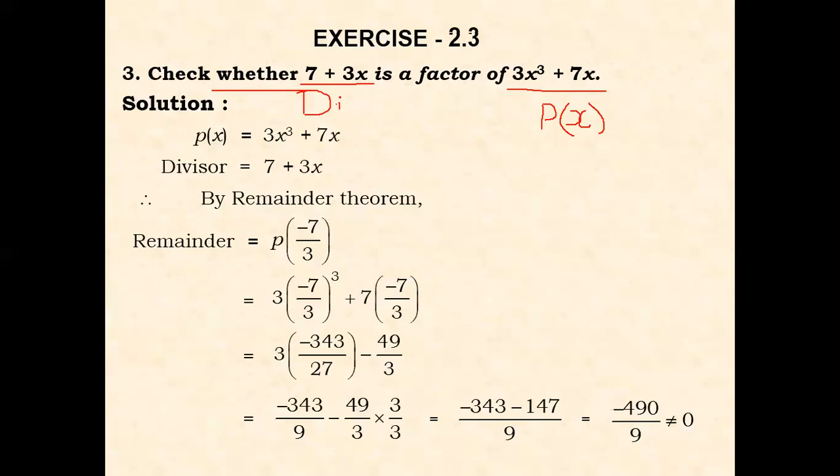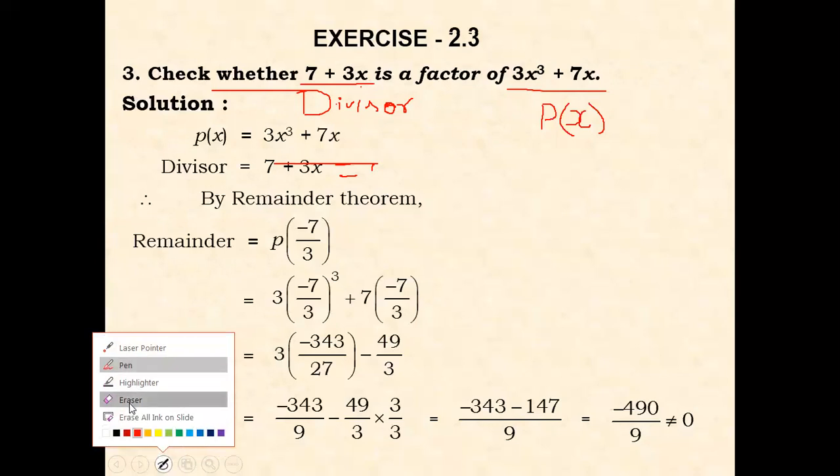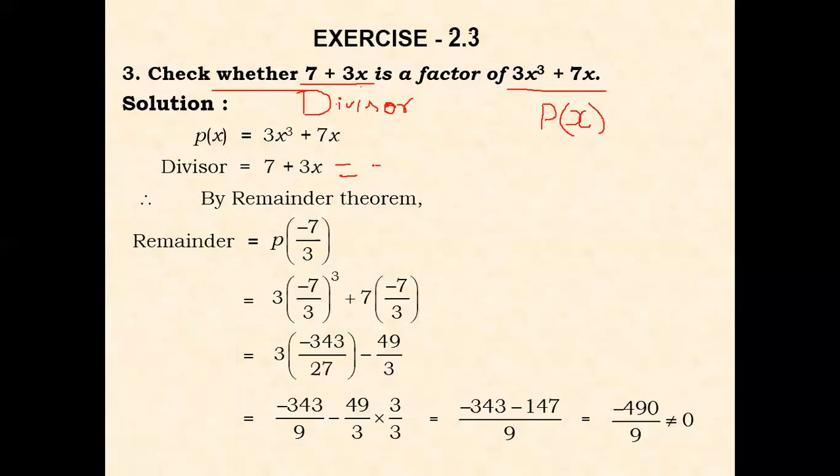So divisor is here 7 plus 3x. Okay, so we are supposed to find out the 0 of 7 plus 3x. The 0 of 7 plus 3x will be found again in the same way. We have to calculate here. We have to equate it with 0 and then solve the linear equation. So equated with 0 here and solve the linear equation. It gives you x is equal to minus 7 upon 3. So this is what, minus 7 upon 3, you are supposed to put in place of the variable x.